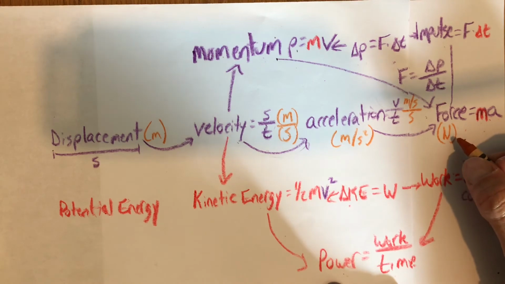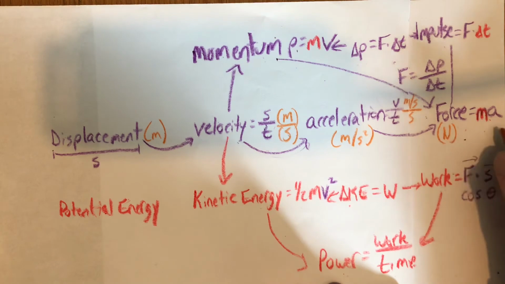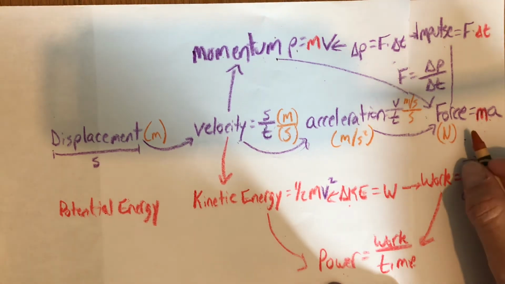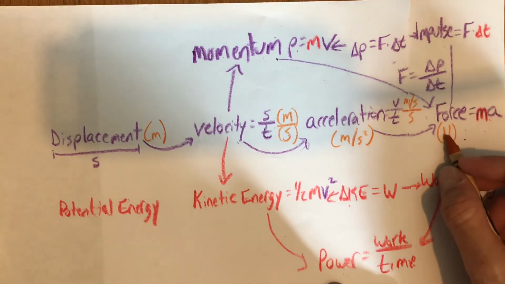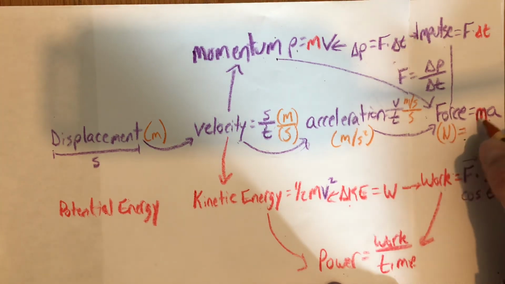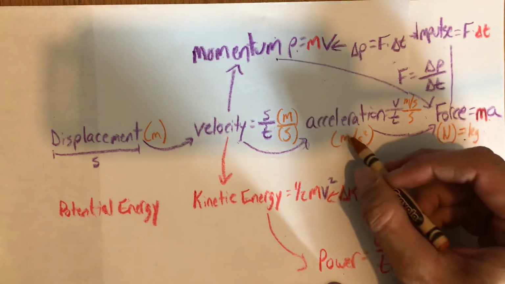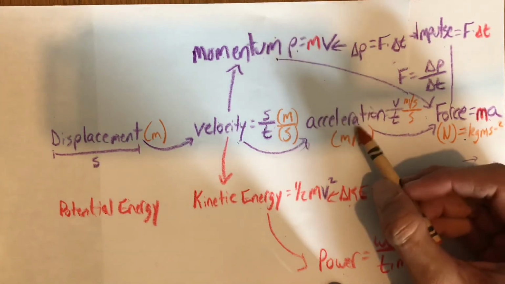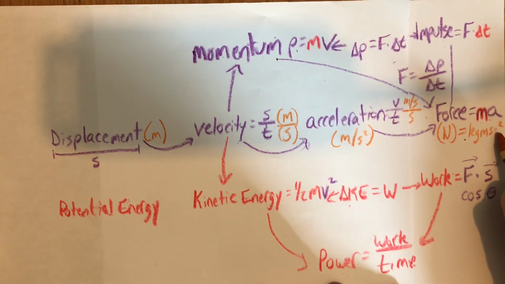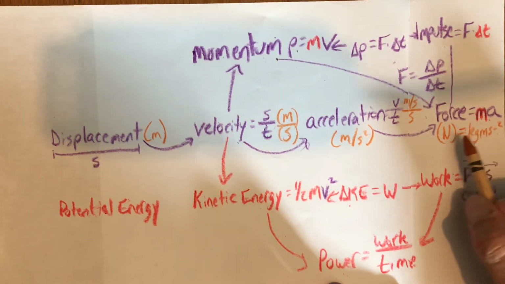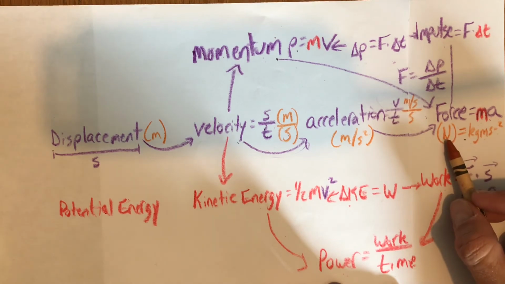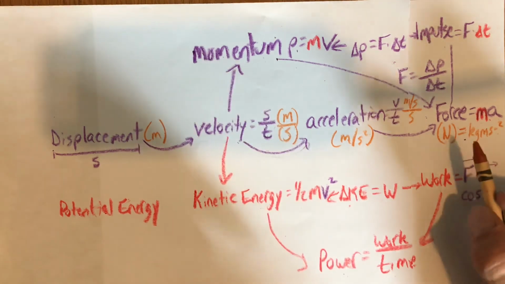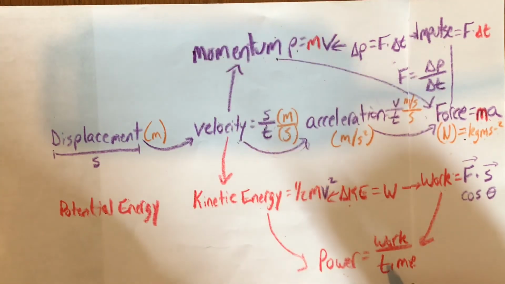And a really important idea in physics is to make sure that we have units which agree on both sides of the equation. We want to have homogeneity in our equation. And so a newton of force is really a kilogram of mass times a meter per second squared of acceleration. Another way to show per second squared is with a negative index, like I've written over here. So this is a really key idea, that we have many derived units in physics that come from just a few base units,